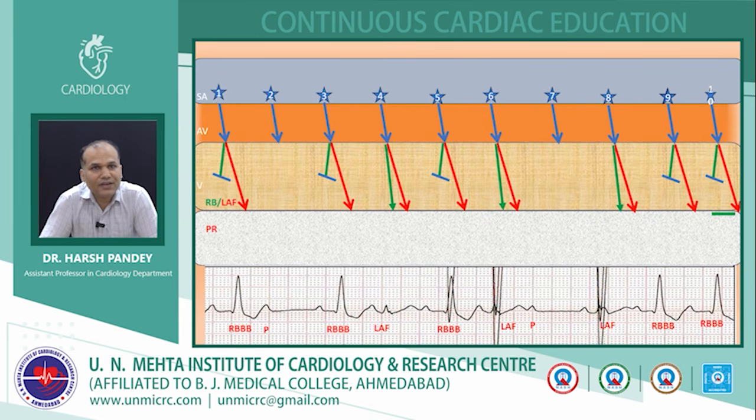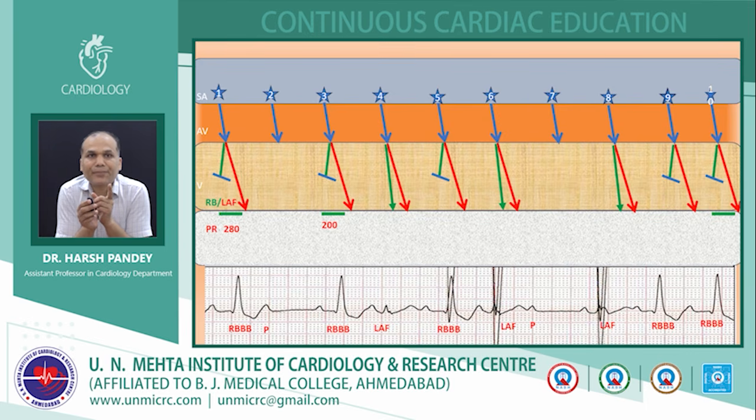So if you observe the PR interval here, in the first beat the PR was 280 milliseconds, the second P was blocked, and the next beat which is conducted now is conducted at 200 milliseconds. So we can observe here there is some kind of Wenckebach periodicity in the left interfascicle. The last beat which is conducted before the pause has a PR of 280 milliseconds, and after the pause the PR is conducted at 200 milliseconds. So that is the shortest PR after the pause. This gives us a clue that there is some Wenckebach periodicity happening at the level of the left interfascicle,